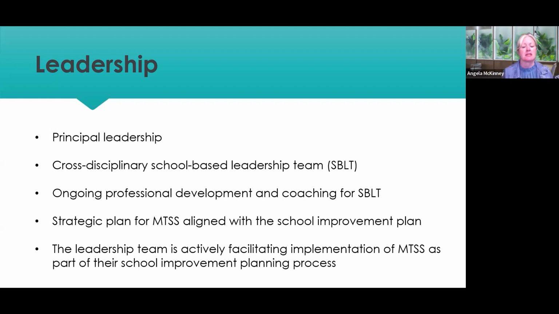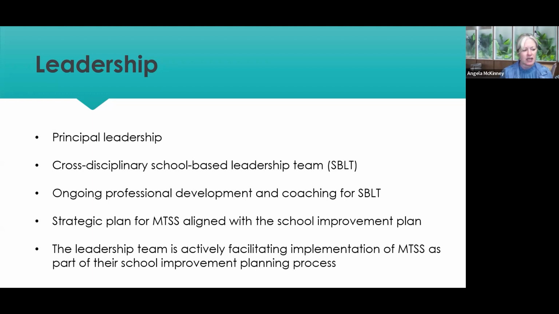And you want to make sure that this team is representing different grade levels and different content areas, so that they're a good representation of the whole school. Now, that team needs to be the go-to people, which means they've got to know a little bit more than everybody else in the building so that they can answer the questions. They need to have ongoing professional development to keep getting better and better at what they do, so that they are a resource. They're not just in name only.